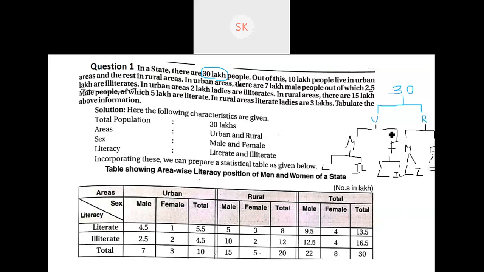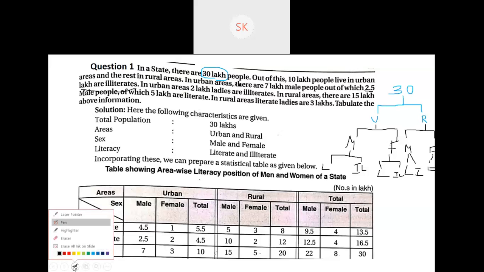So if you're getting confused, you can draw the tables like this and then you can draw the actual tabulation. So I hope everybody understood how to classify the data first. Any doubts until here? Everybody understood this? Okay, now let's put everything into the table. The same classification, we'll just put that into the table.